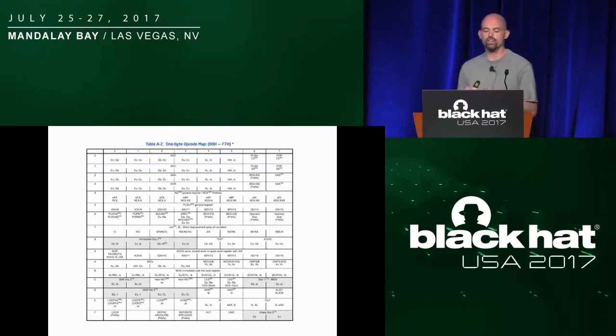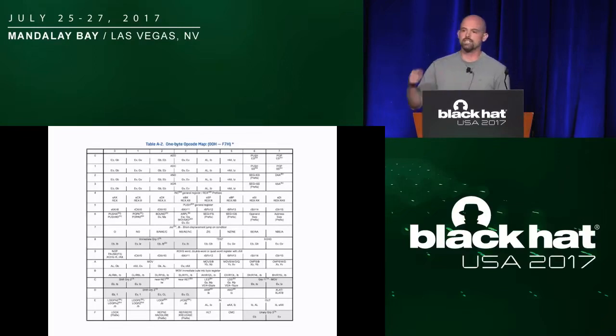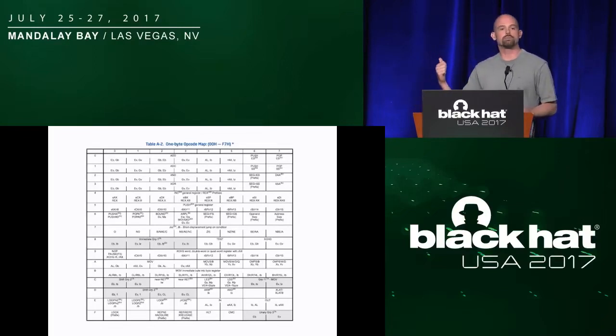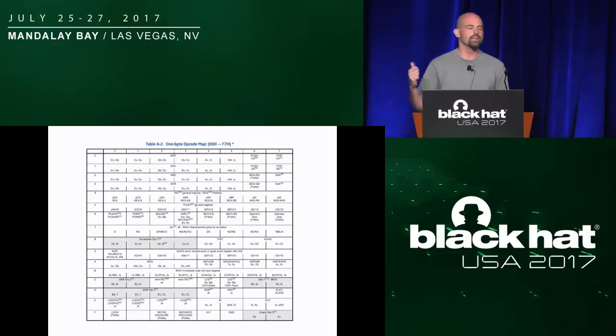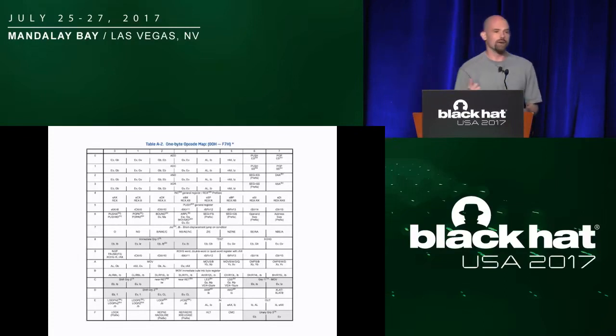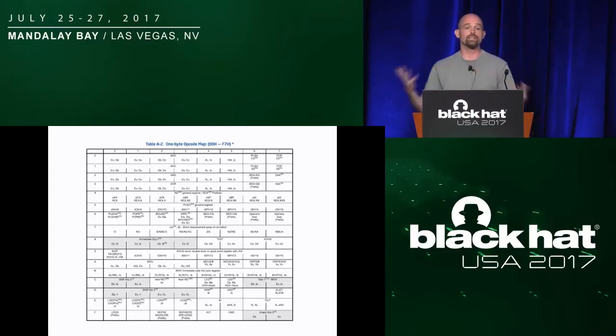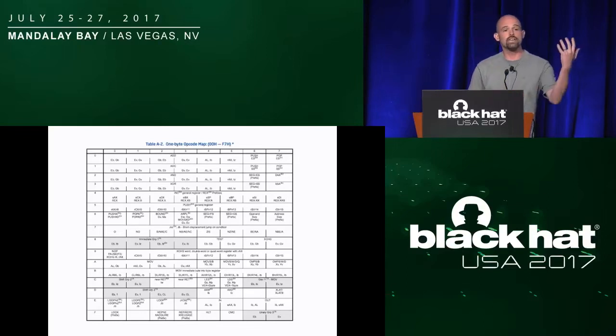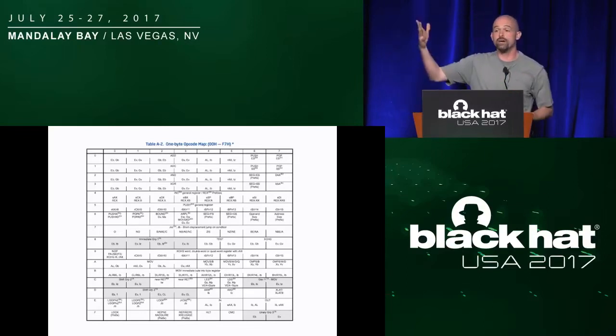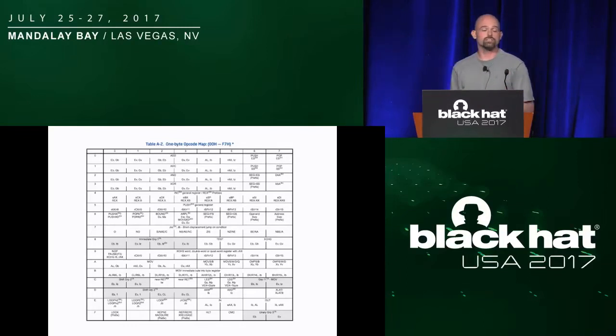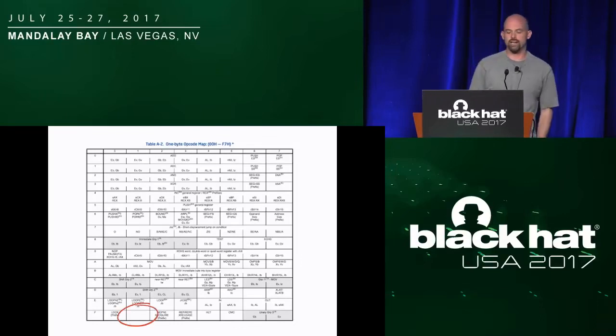And to sort of hit that home, if you open up x86 software developer manual guides, you look towards the back of Intel SDM Volume 2, you'll see page after page of tables that look like this. These are the processor opcode maps. They basically are supposed to tell you every instruction that exists in your processor. They tell you when your processor sees this byte, it executes this instruction. When it sees this byte, it executes this instruction. But you may notice something. If you look really closely at these opcode maps, there's something a little unusual here. There's a gap down in the bottom here.